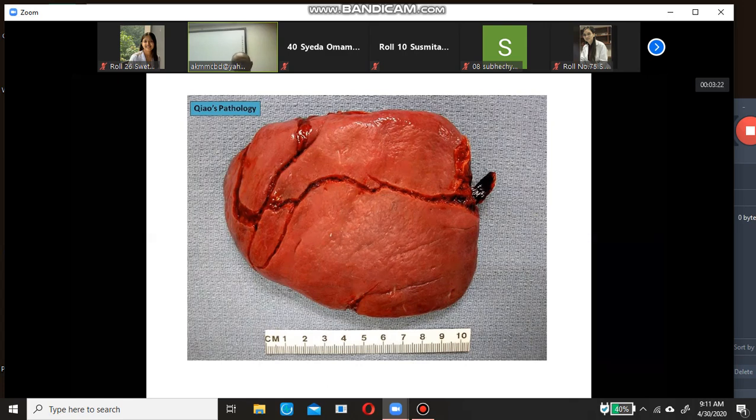And then you will be asked to write many questions on splenic injury, such as what are the types of the splenic injury, what are the clinical features, what are the modes of presentation, what are the treatment options, etc.